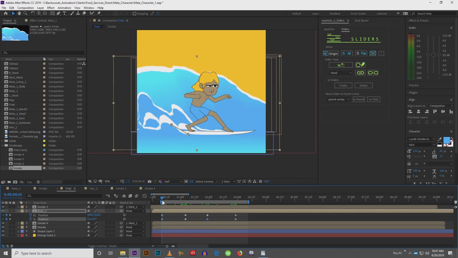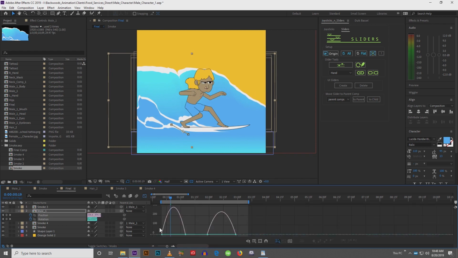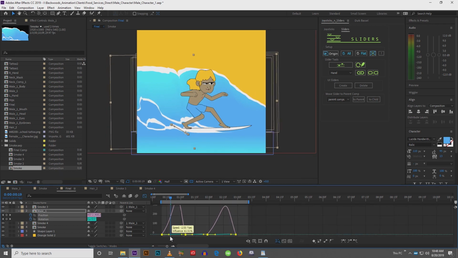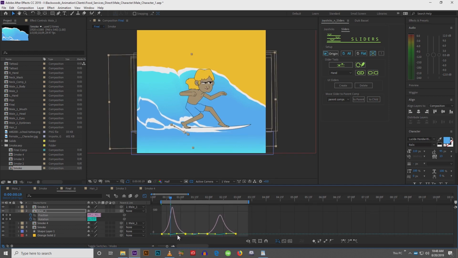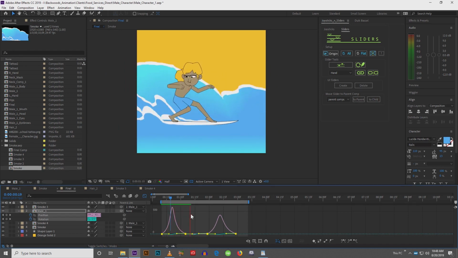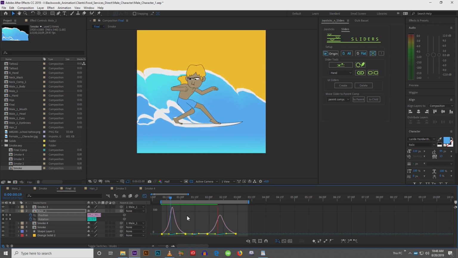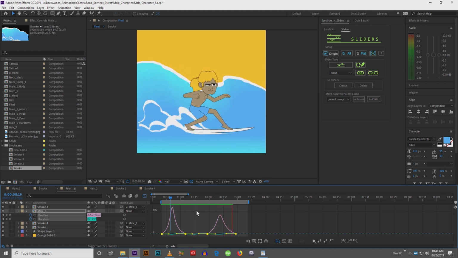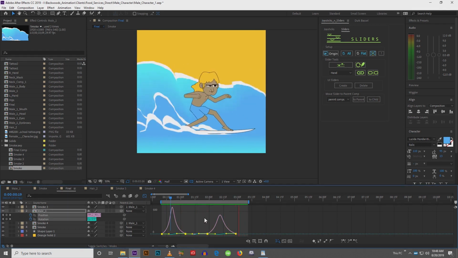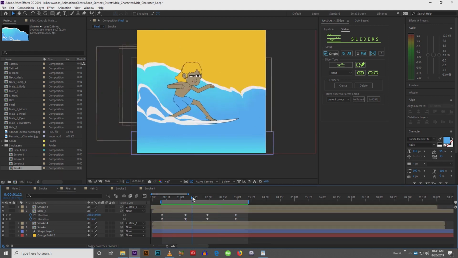And then what we'll do is we'll hit F9 on these keyframes, and we're going to add a little snap to it so that it's a little snappy. All right, that's pretty good. It feels a little too robotic though, so maybe I'll